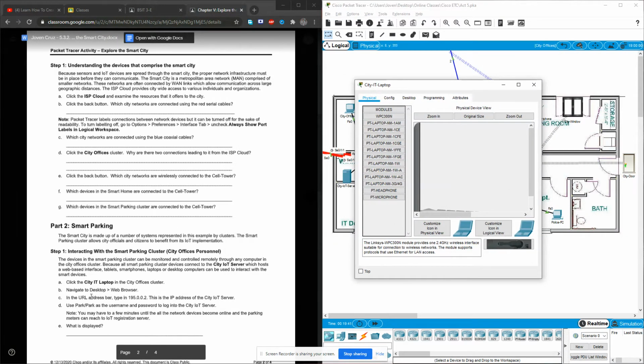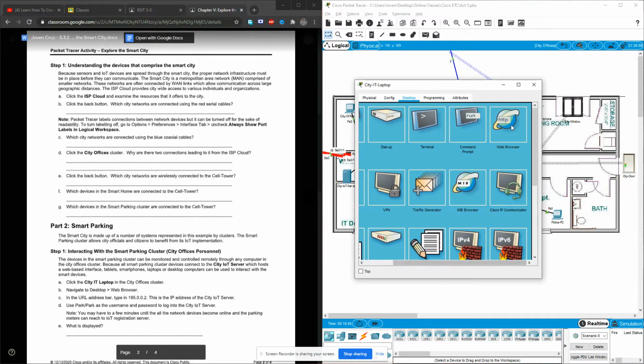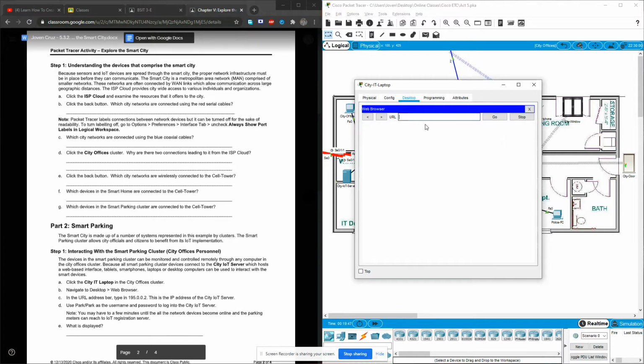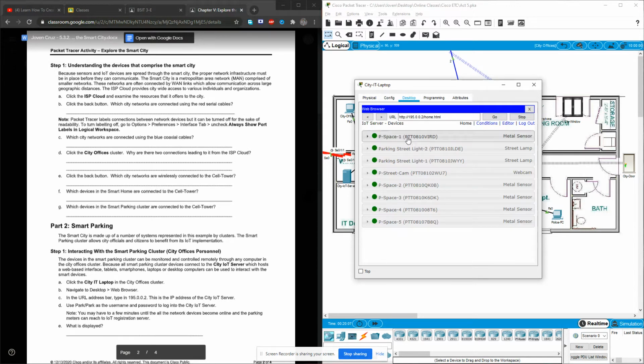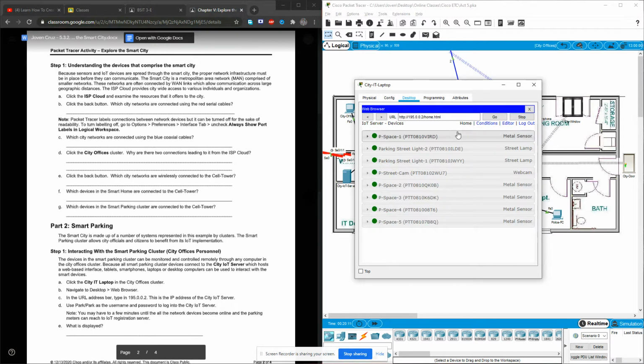Then, navigate to desktop, web browser. Then, in the web browser, type 195.0.0.2. So, I think I should sign up. Park, park. As you can see here, these are the connected devices,